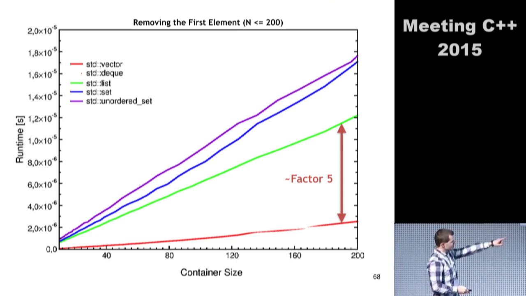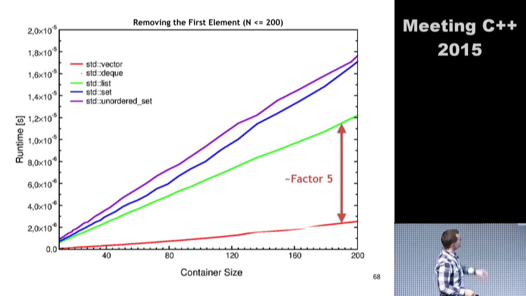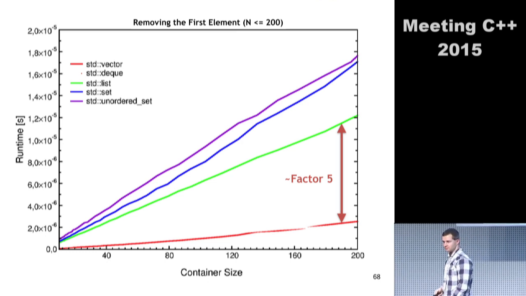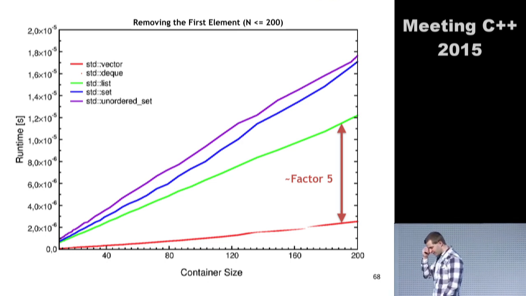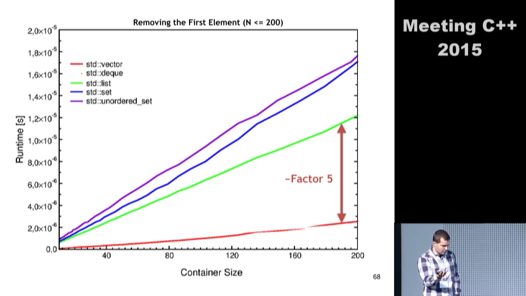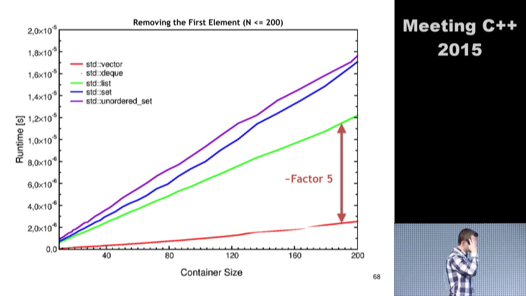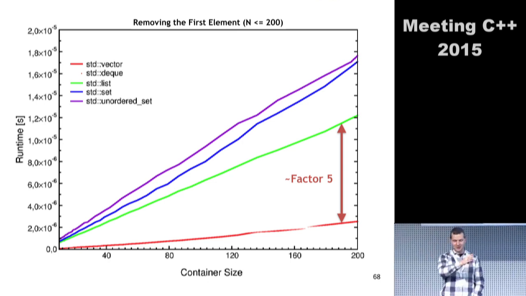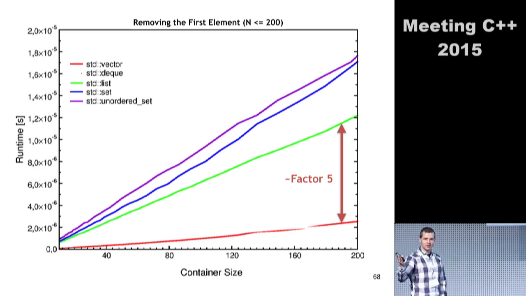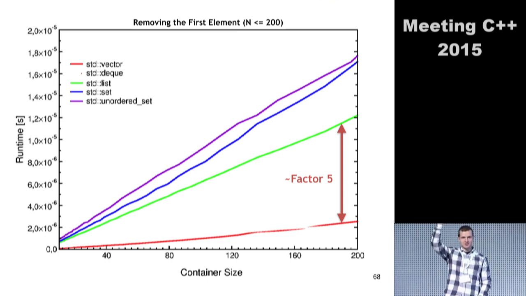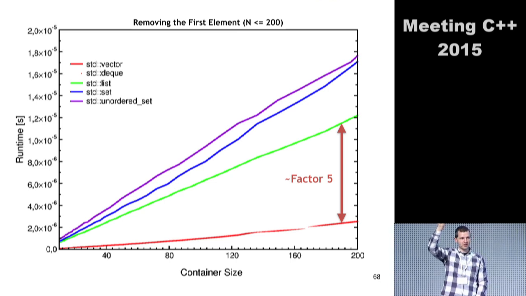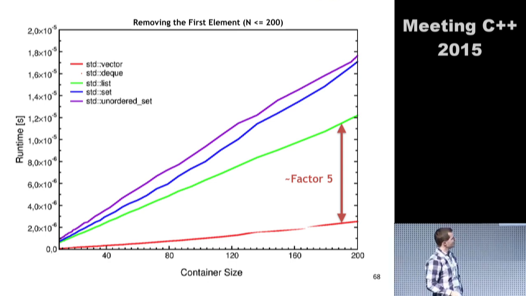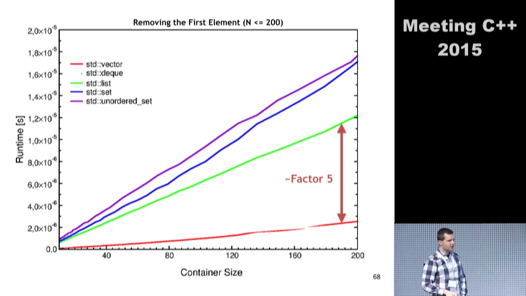Okay, I'm missing one container though, the deque. The double-ended queue. Is this something that you feel, well, it's vector-like? And what again was the theoretical advantage of a deque? Ah, yes, I can insert and erase at the beginning and end. So, what do you think? Vector-like performance? About half. List-like performance? About the other half. It's actually vector-like, very vector-like.